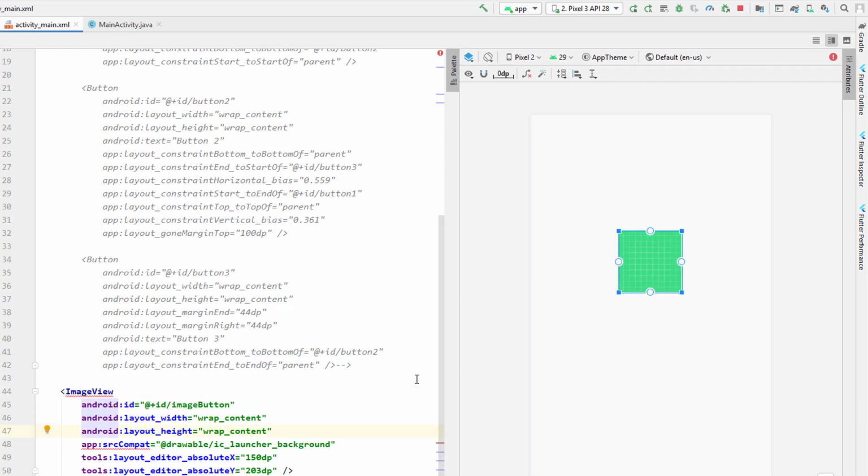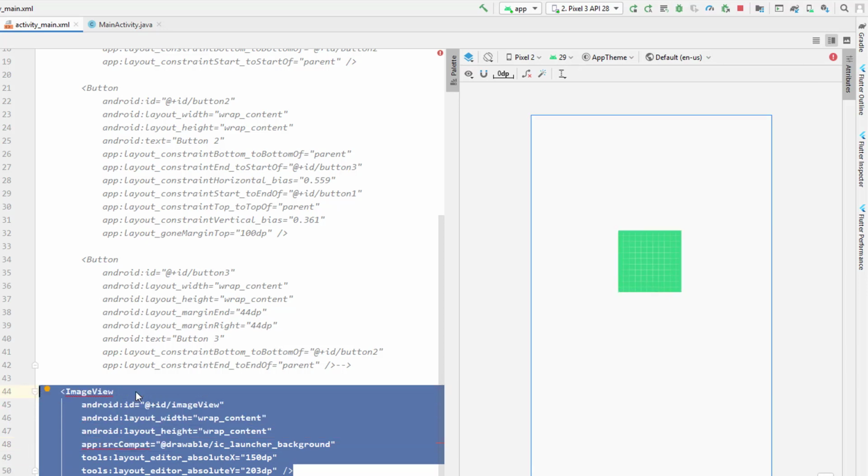Okay, so this is just an image view, and it is having an ID. I'm going to call it image view. That's going to be its ID, image view. So once I create that image view, I'm going to add another image view by either simply duplicating this one,